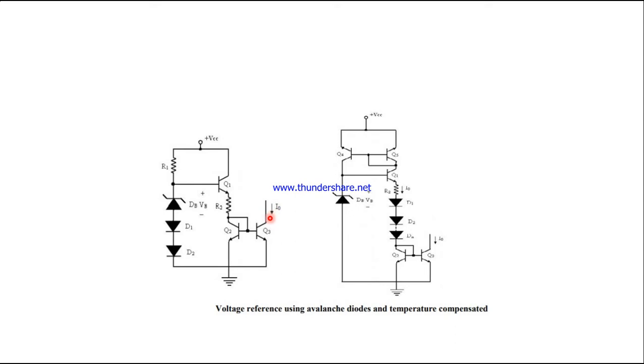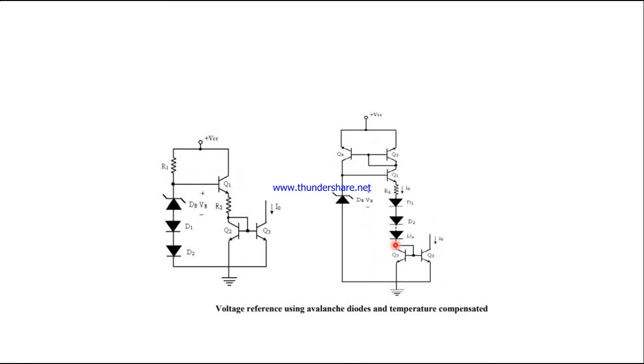Using this equation, it shows that the output current I0 has a low temperature coefficient if the temperature coefficient of R2 is low, and it is produced as a diffused resistance in IC fabrication. The zero temperature coefficient of the output current can be achieved if these diodes are connected in series with R2, so that we can compensate for the temperature variations of R2 plus VB. Here the transistors Q4 and Q5 form an active load, a current mirror circuit, and the base voltage of Q1 is the voltage VB that is across this DB.